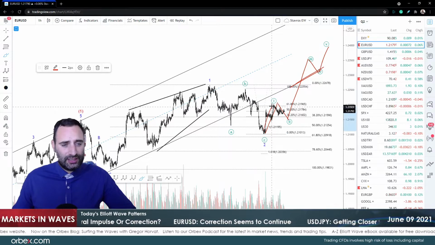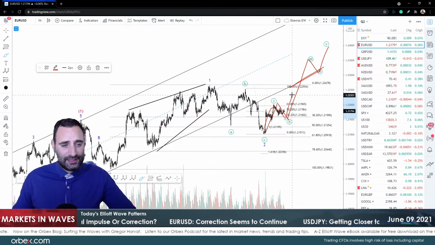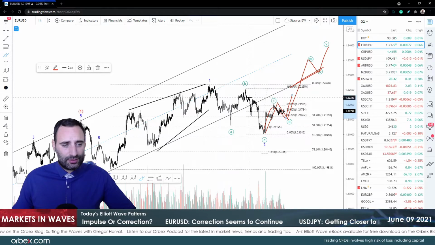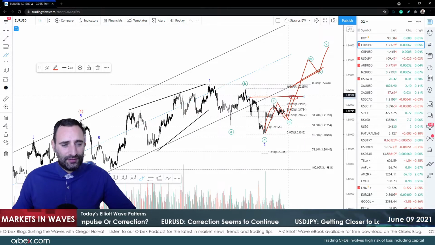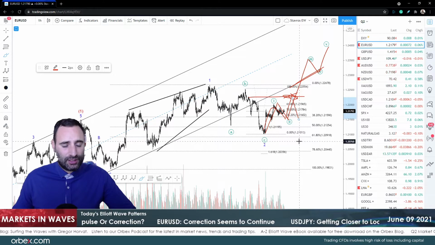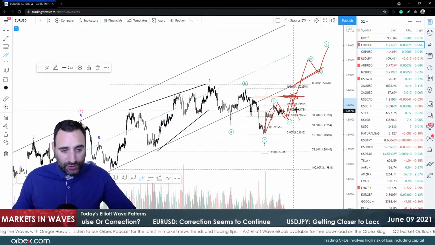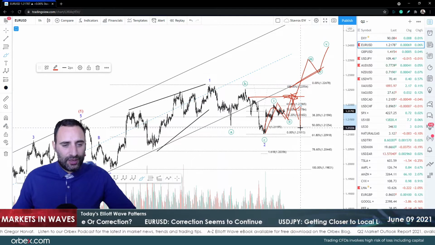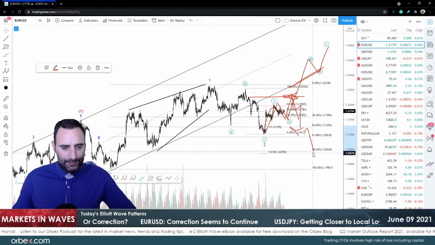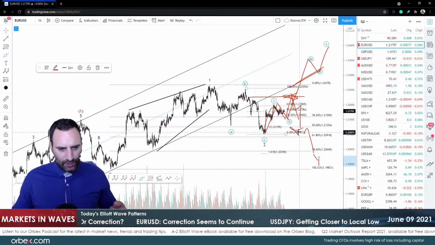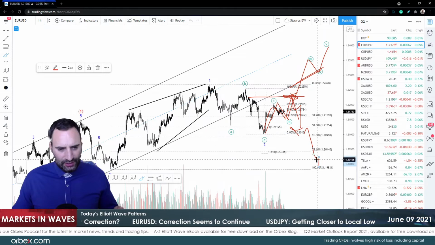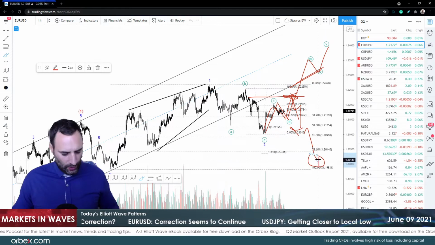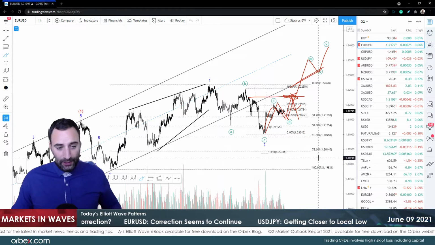Should we get an A, B, and a C that is going to take us to 122.25 and then stop over here and start moving lower. Should we get an impulsive move over here, most likely that's going to be the first leg of wave A of wave Y, because we're going to get A, B, C, which is going to be in Y over here.